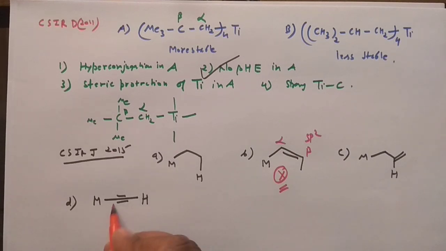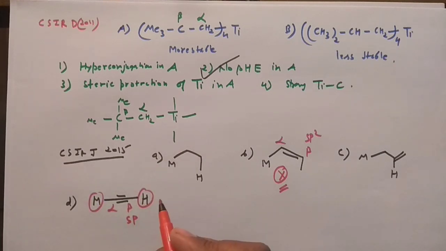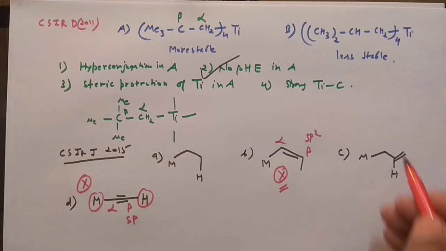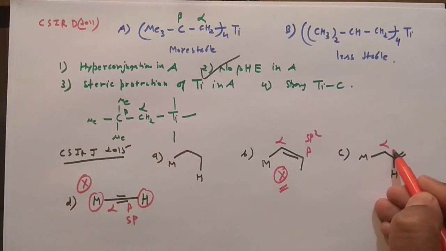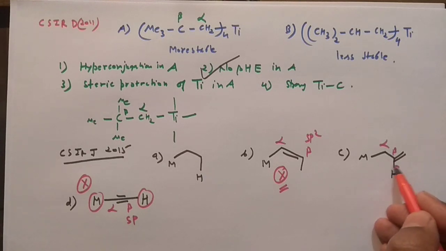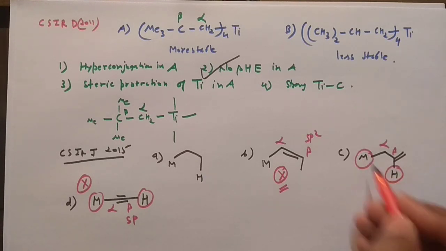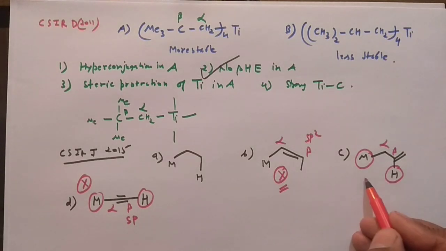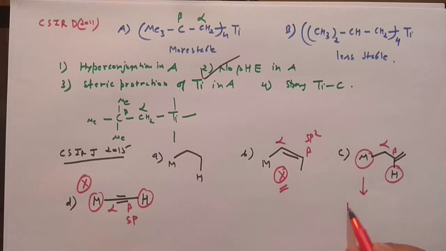Okay, similarly, this is the alpha carbon, this is the beta carbon in sp, so this and this are trans to each other. There is no cis coplanar relationship, so it will not undergo this reaction. And say this is your alpha carbon and this is your beta carbon having hydrogen, and it looks like it can have the agostic interaction to form the compound. But if you do the agostic interaction between them, what will happen?